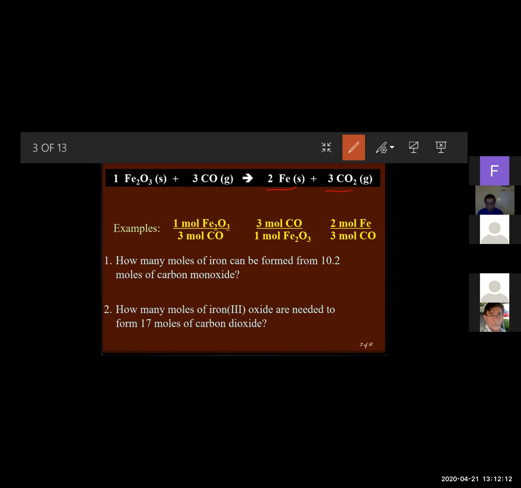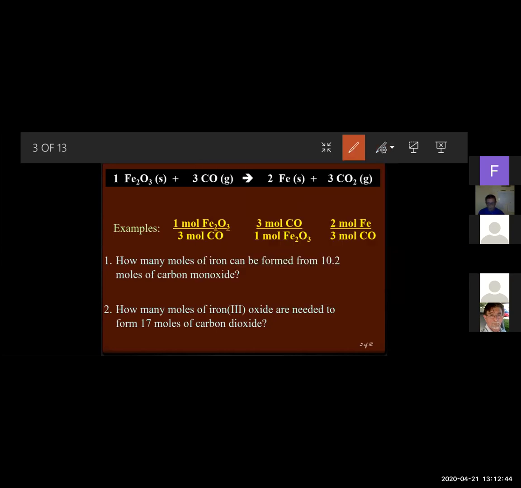And so we could write the relationship between iron right there and carbon monoxide right there. And that ratio is a 2 to 3 ratio, 2 iron to 3 carbon monoxide. And we can write it like that or invert it. Now, when you look at these problems coming up,